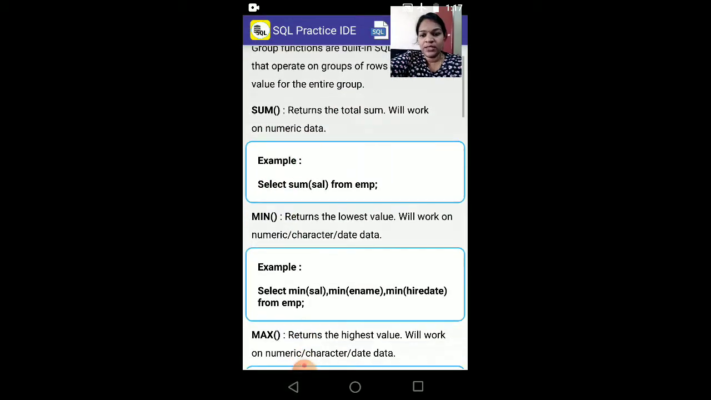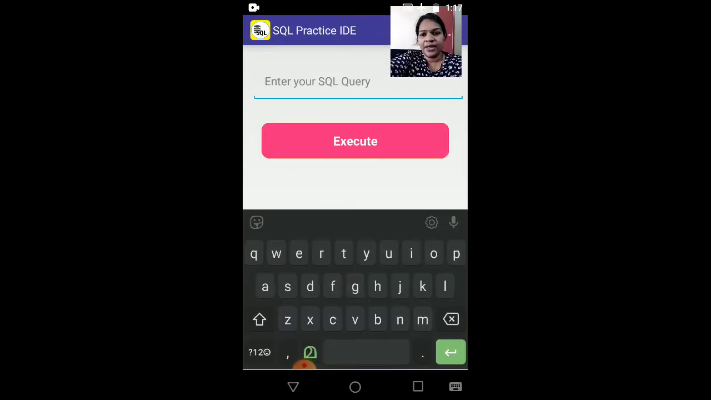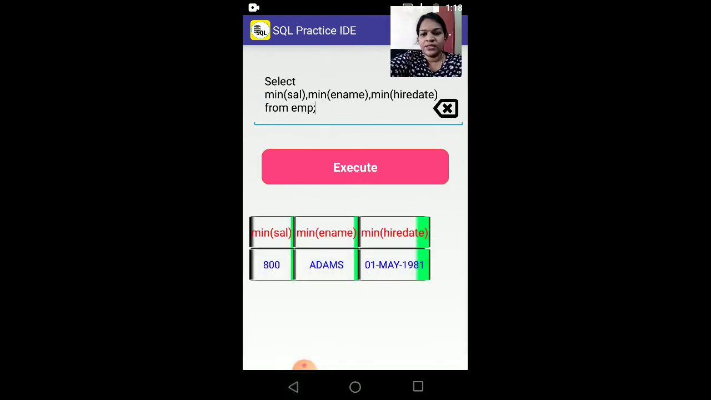Now the next one: select minimum salary, minimum of employee name and minimum hire date. When you type that, you can see minimum salary is a numerical value, so it will be taken from the numerical values. Minimum of e-name is the name of the employee. E-names are a group of strings. They will be sorted in alphabetic order, and the first one will be considered the minimum and the last one will be considered the